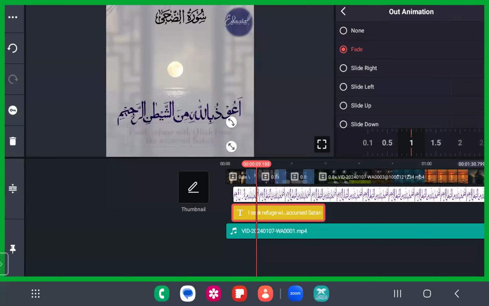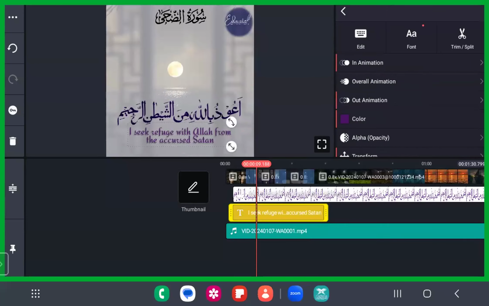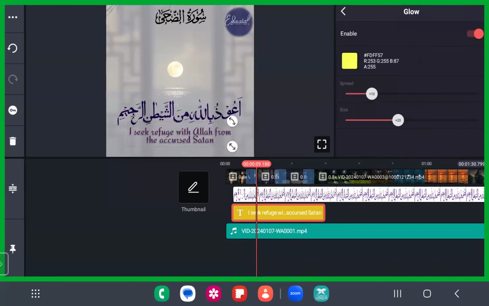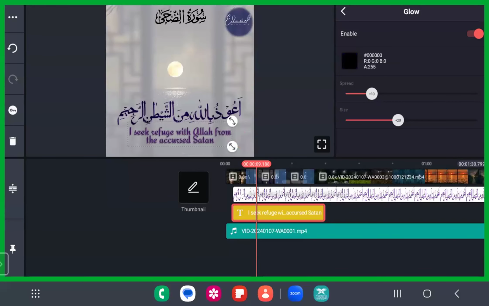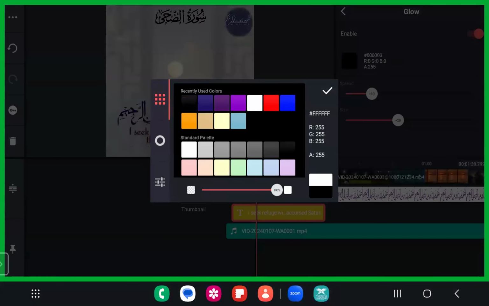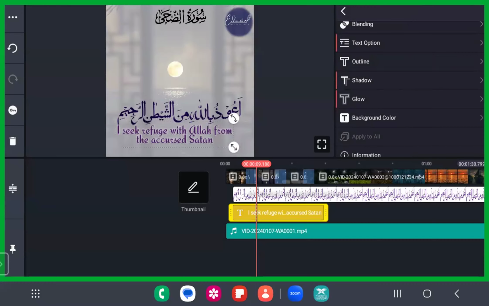Now the project will get easier because for the one text, the effects are already applied. For the next text, you just have to apply. Okay, one trick that I'm going to teach you all now. I'll just assign all of the options to this. Enable the glow. Let me just make it dark blue. This won't work. Let me just make it black. This is not fine as well. Let me just make it white. Okay, this looks good. The white spread is fine. The size of the whitening is fine. Okay, this is fine now. You can increase the size of this text.